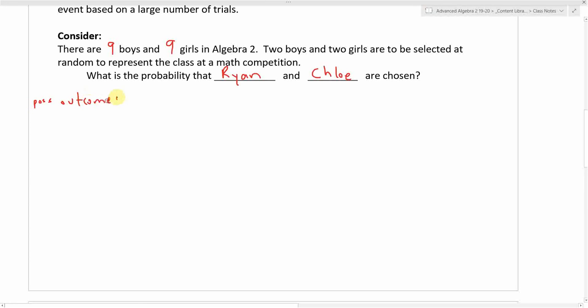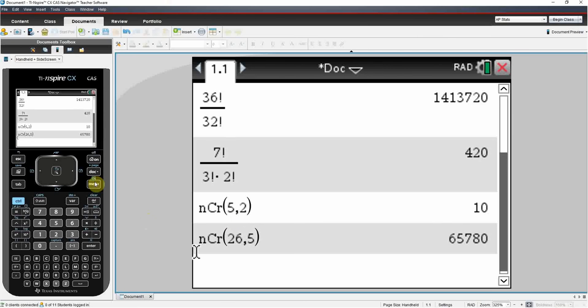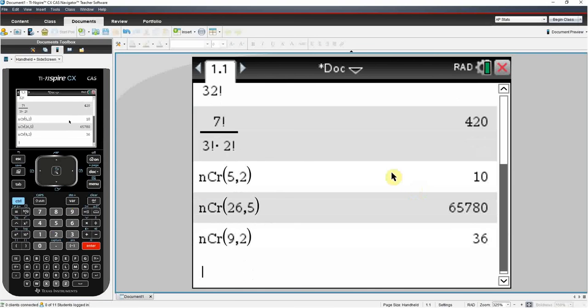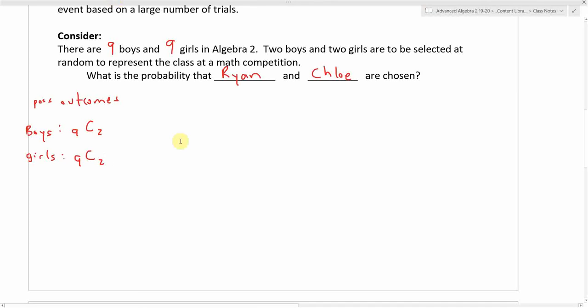That'll be our denominator. Well, we know we're going to pick 2 boys out of 9, right? So we want 9 choose 2. That's how many boys we're going to pick. Okay. And we know similarly we're going to pick 2 girls out of 9. So in this case it's going to actually be the same value. So if we were to compute 9C2 in our calculator real quick, menu, probability, combinations, 9, 2, so 36. That means in our group of boys there are 36 ways that we could pick 2 of the boys out of 9. And there are also 36 ways that we could pick 2 of the girls out of the 9